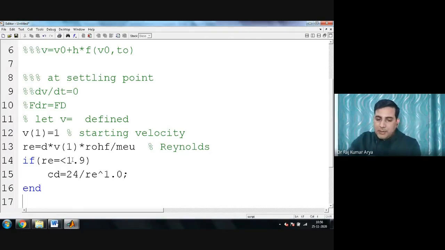If not, you can put another condition here. If RE is greater than that, so first you will say greater than, let's say 1.9, or you can put the OR command.